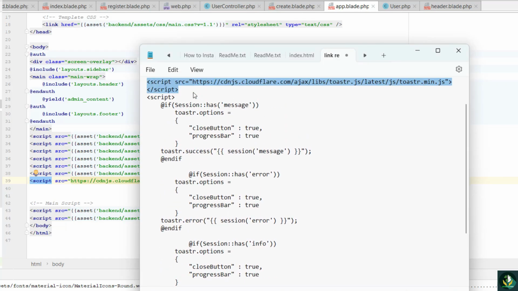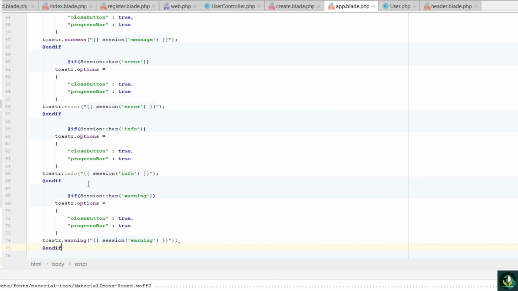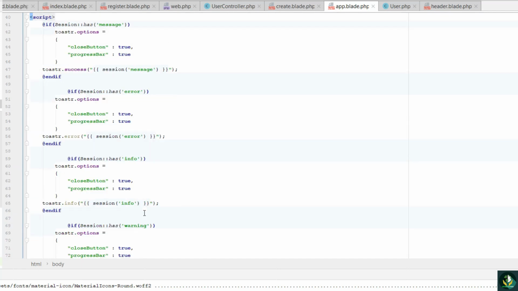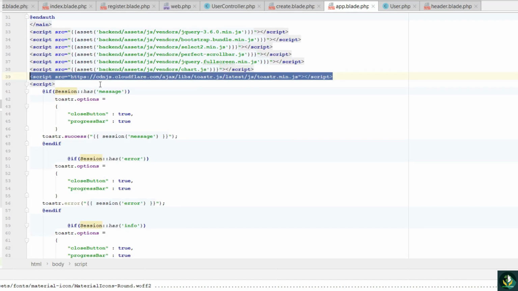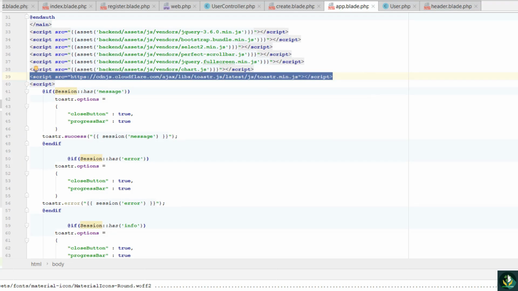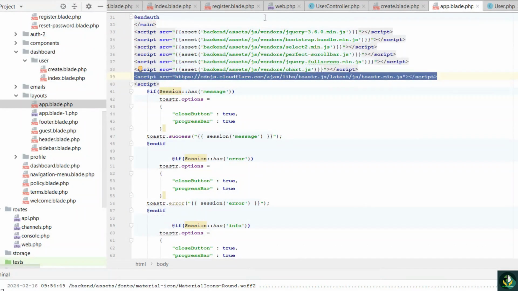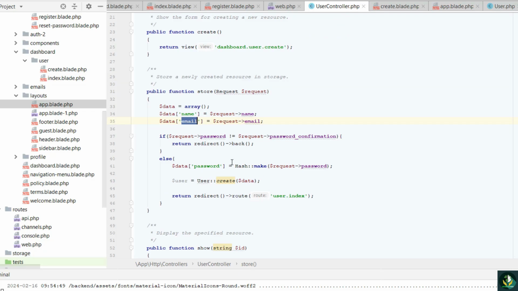Then simply copy paste it here as well. Let's save it. You can write similar code. I want to save your time, that's why I do copy paste. So come to here and now in user controller let's add